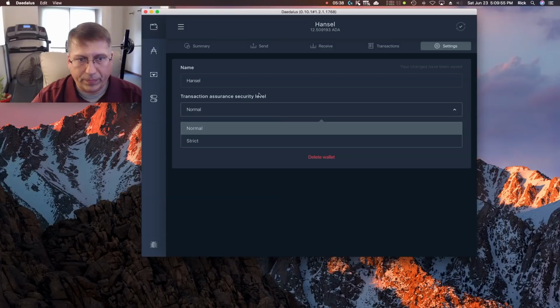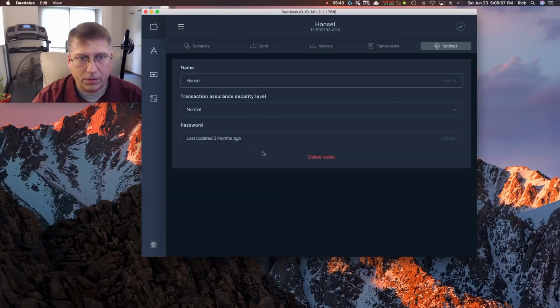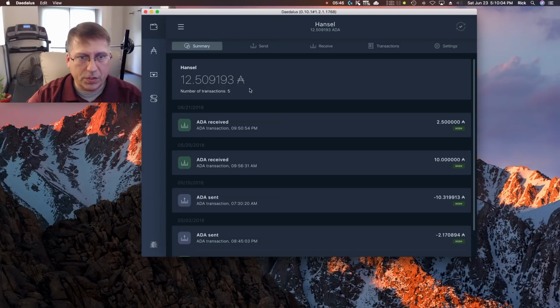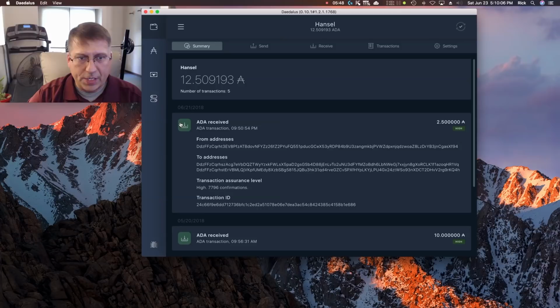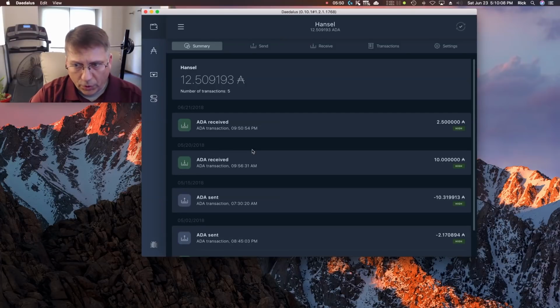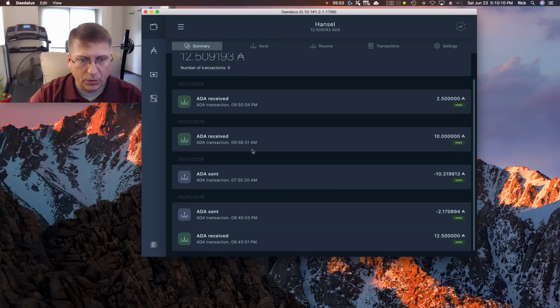Alright. And then the transaction security, assurance levels, stuff like that. Password updates are in there. You can change that as well. So I'm going to go back over to the Summary tab. You've got your transaction summary, where transactions are sent from and to,